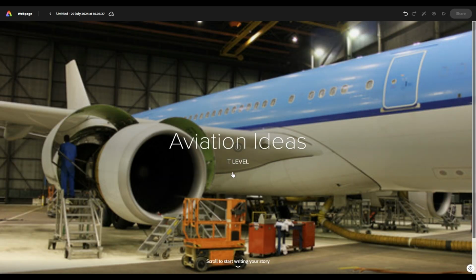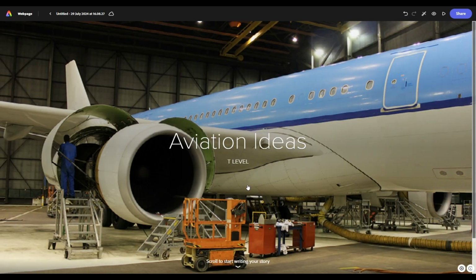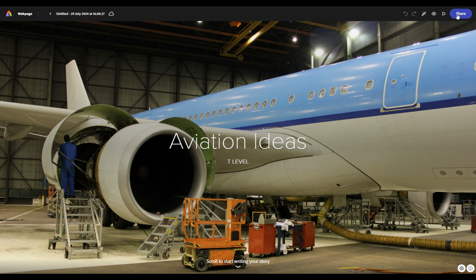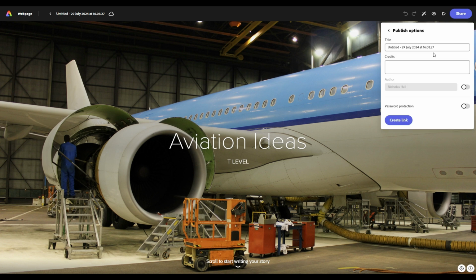So you got a background, and then you can start adding in further details. So can you see photo, text, button, and all I did was scroll down to get that. And when you've finished putting everything in that you want to, just click share, and it will say publish to web. So you can click publish to web, put a title in there, such as aviation